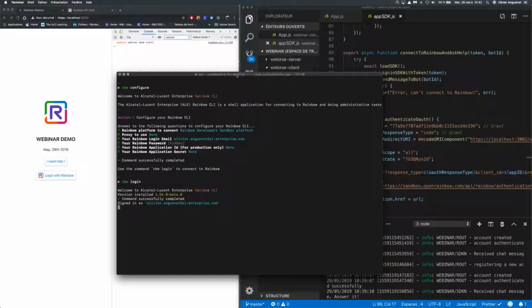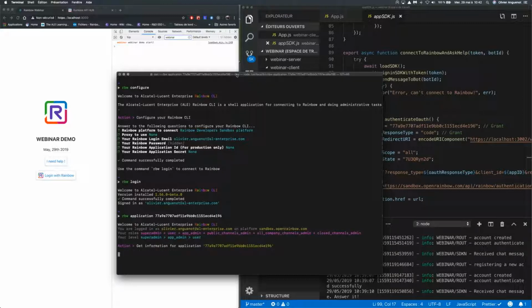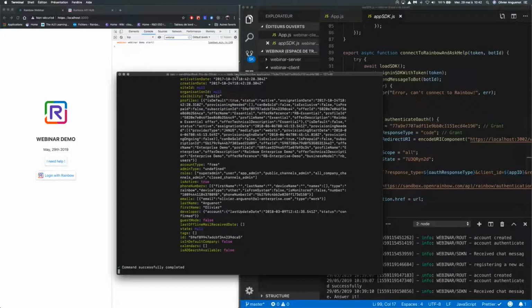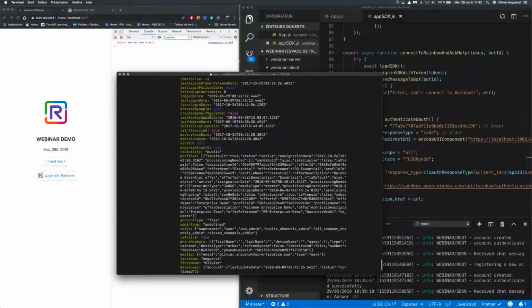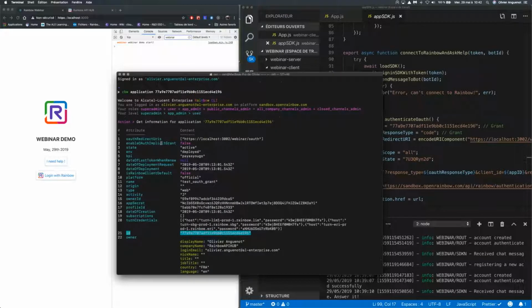Okay, and then I will display information of my application. So you will see that you have two new properties that have been added to your application that you need to configure. So the first is the redirection URL that will be used for that demo.